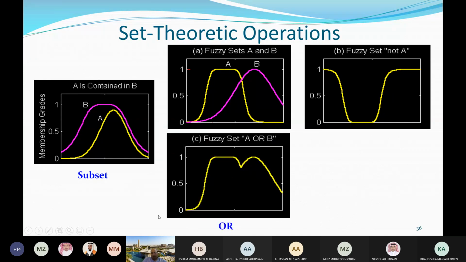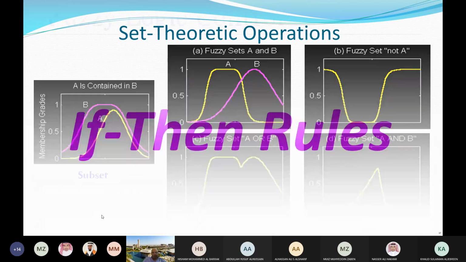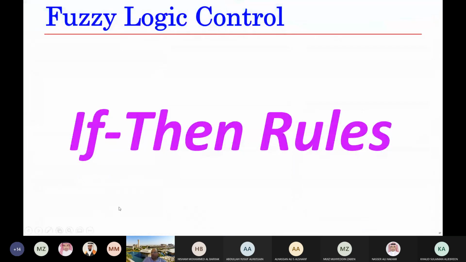So you have this as A or B, maximum value, and you have A and B, which would be the intersection here. Okay, now we have the membership functions, and we can do the operations of AND, OR, NOT on the fuzzy